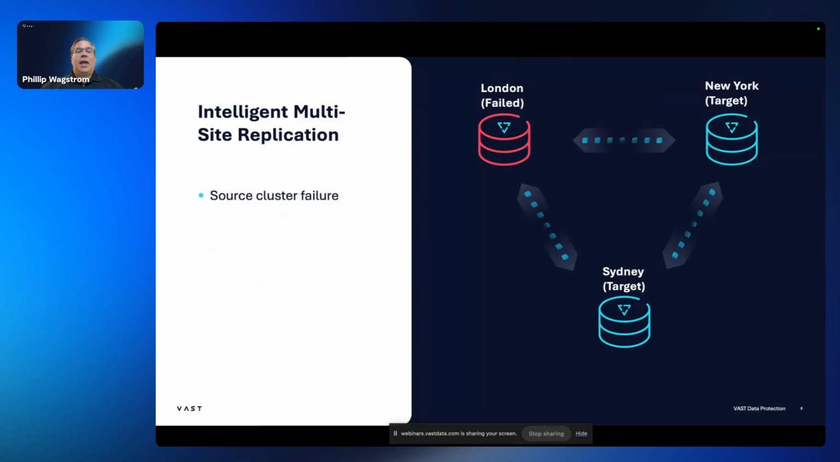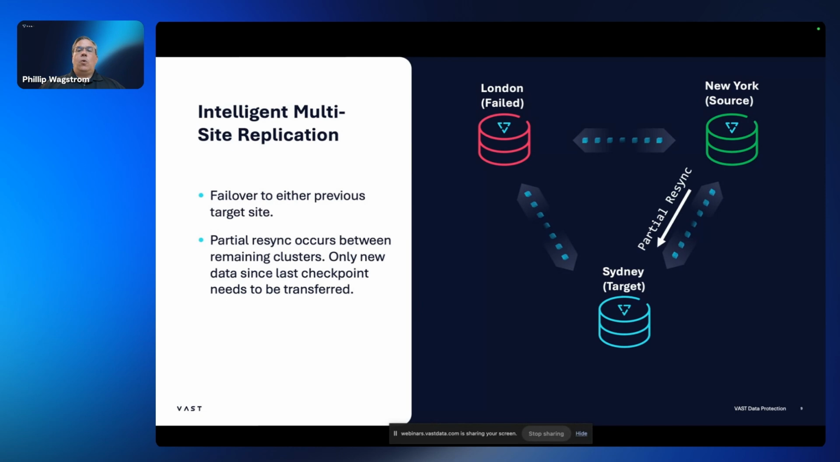Well, let's say London fails for some reason. Maybe there's a power outage in that data center. Maybe there's some other problem there. Who knows? But London goes down, and we want to bring things live on New York. So what we'll do is we'll bring sites live, we'll bring things live on New York,